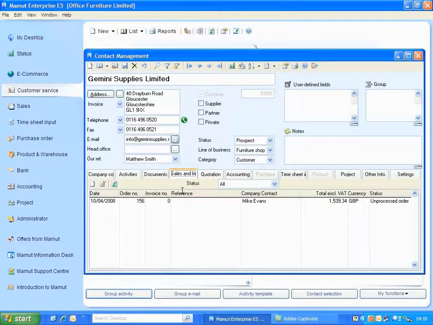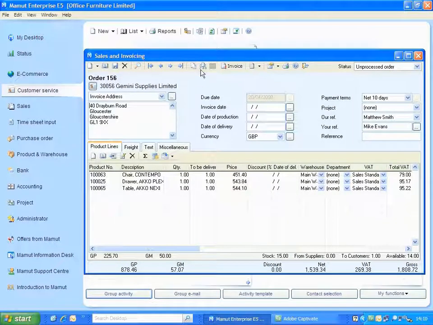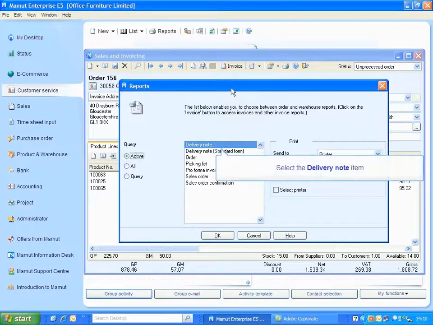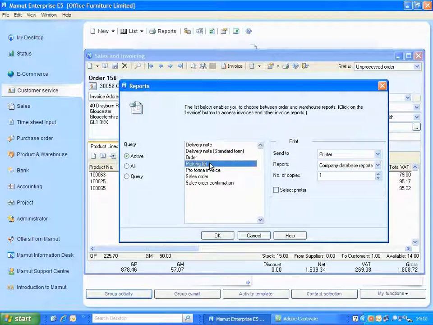If I double click on the order summary, the order screen opens displaying the products accepted from the earlier quotation. From this screen I can either add additional products or remove unwanted products. I can also print out various documents by clicking on the print icon in the upper toolbar. I could print a delivery note, a picking list, or other supporting documentation by selecting the necessary item and clicking